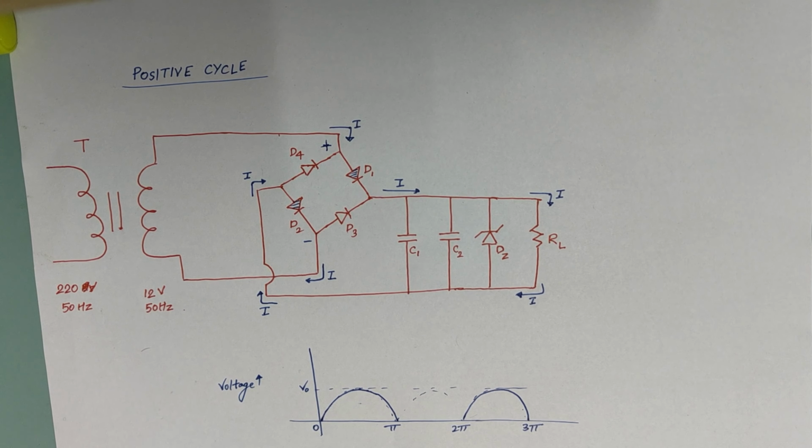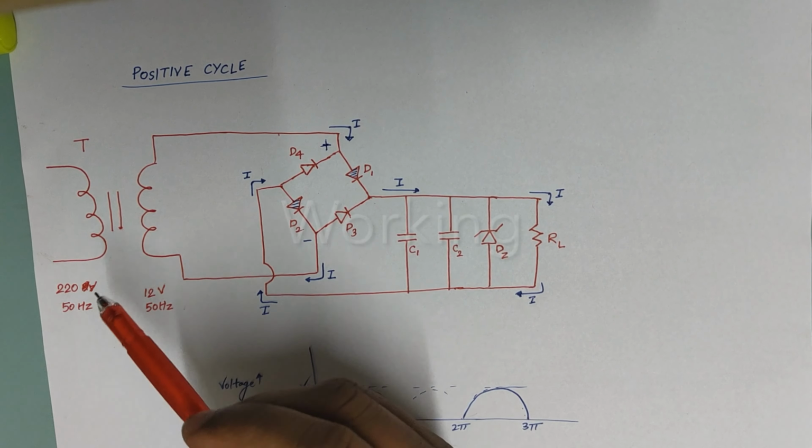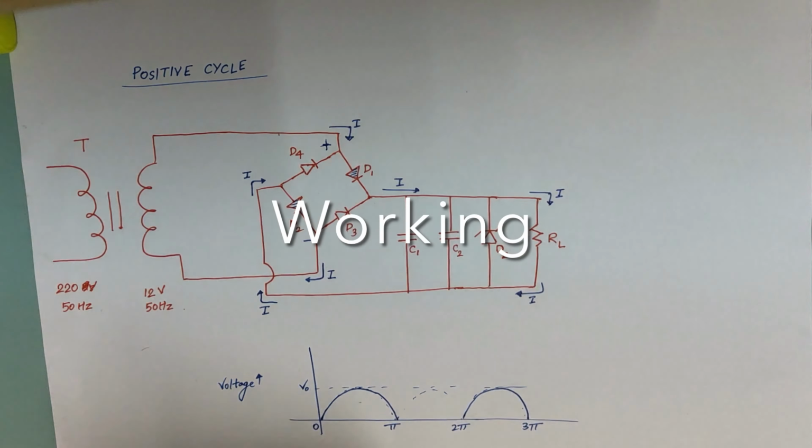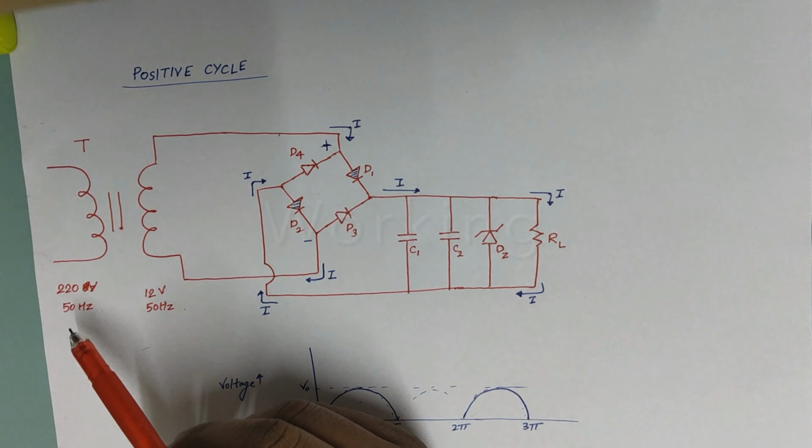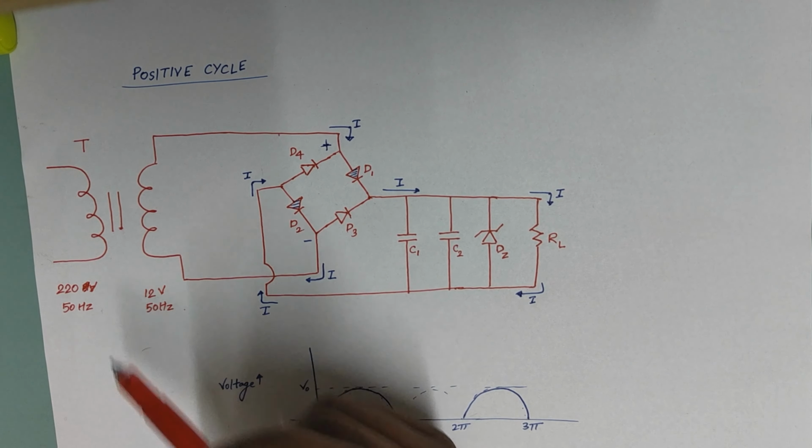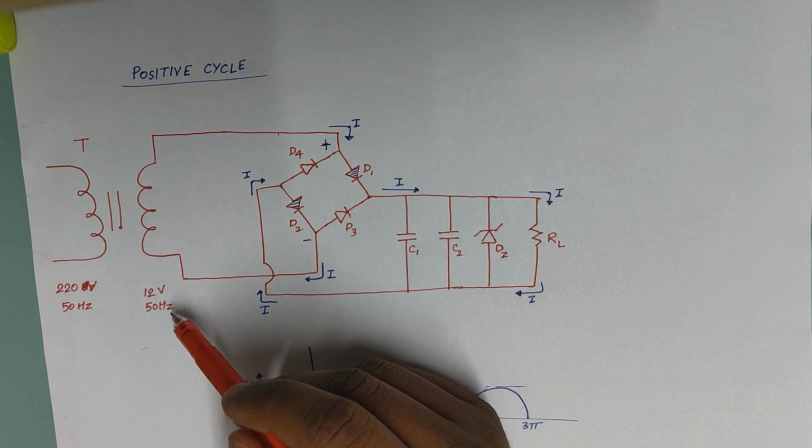DC voltage remains stable and constant, which is crucial for the proper operation of many electronic components. So here we are using a bridge rectifier to convert AC current to DC current. This is a step down transformer which converts 220 volt to 12 volt.